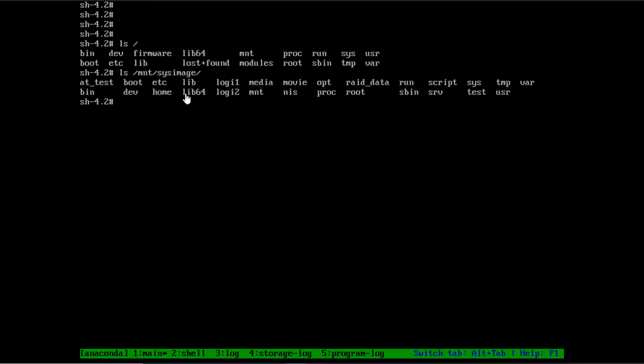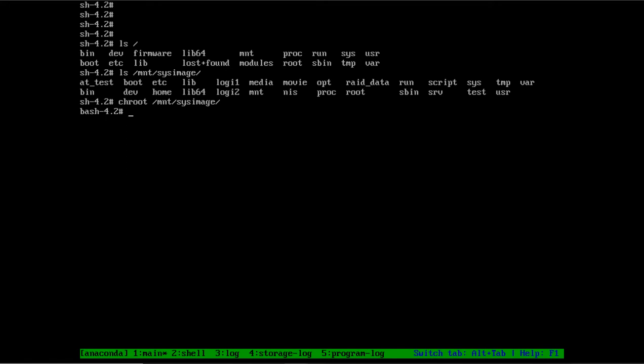Then I can reset the password for the root user, and that is why the command chroot is there, to change the root file system. So I will say I want to run the installation from here in this directory, chroot.